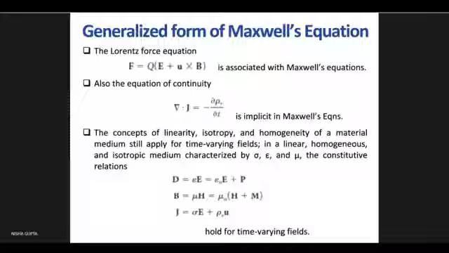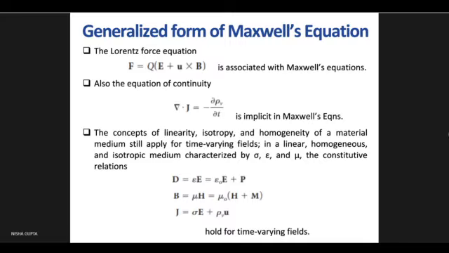Now, homogeneous medium, homogeneous material medium. If I am seeing the property of the medium, say the value of the dielectric constant in a material at one particular point, then I move to another point and measure the value of the dielectric constant at some other point. If at all the points the value of the dielectric constant is the same, then it is known as a homogeneous material.